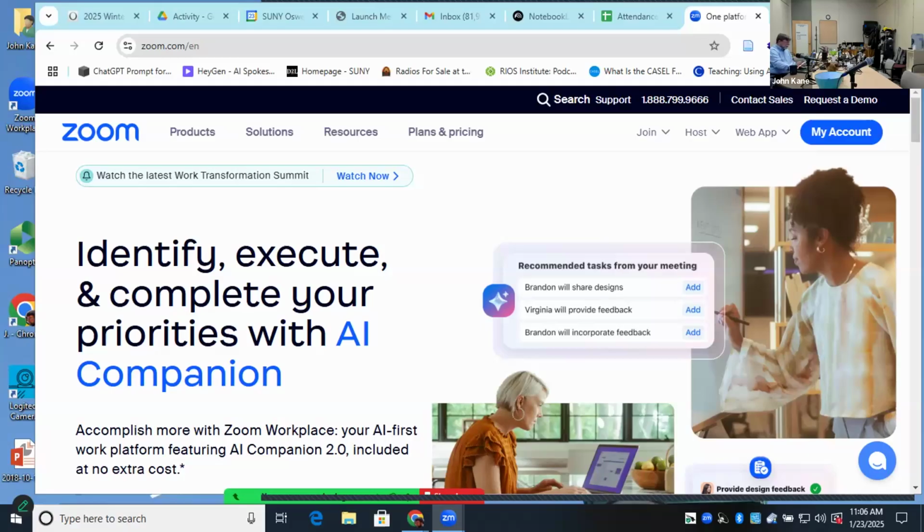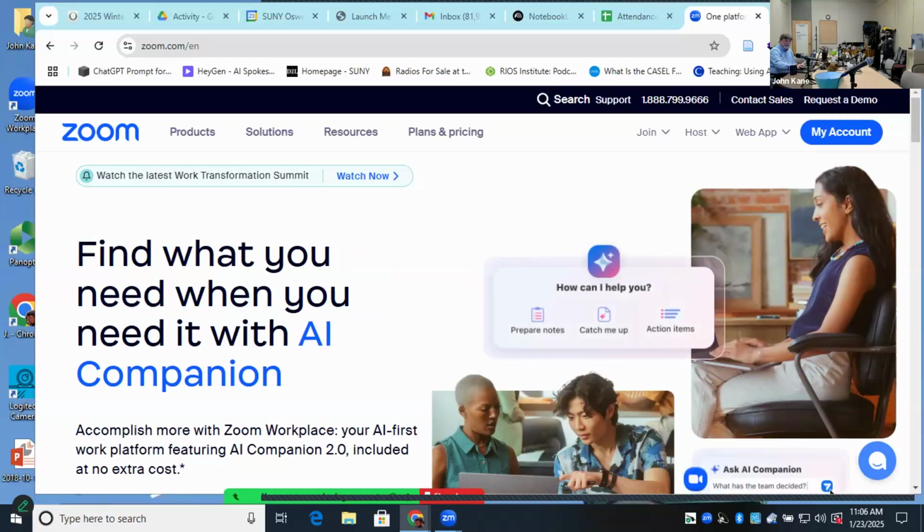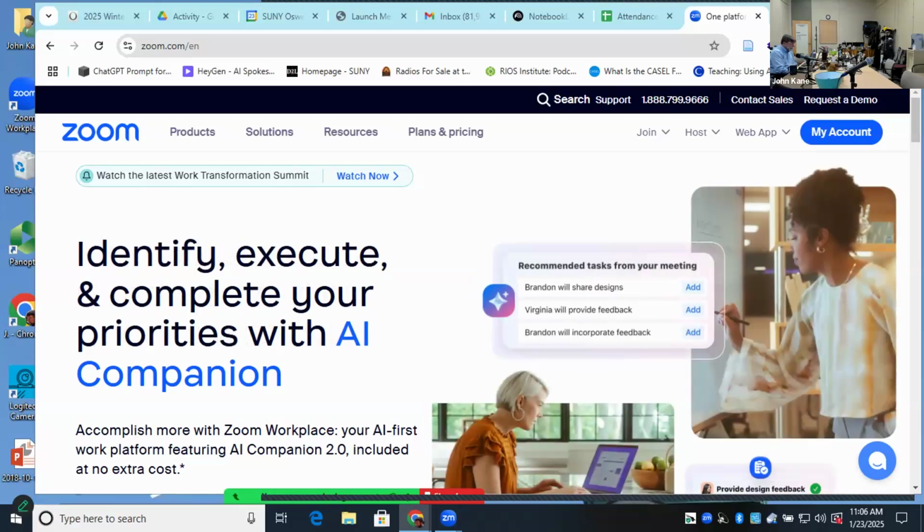Okay, so multimodal AI is basically a fairly recent innovation where instead of just being a text chat interface, we now have the ability to interact in more ways, that AI tools can interact with us using more